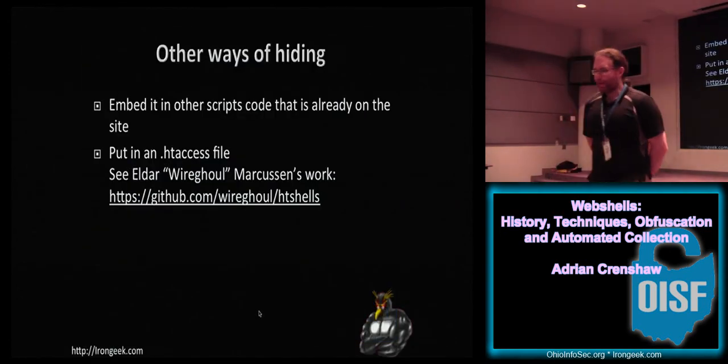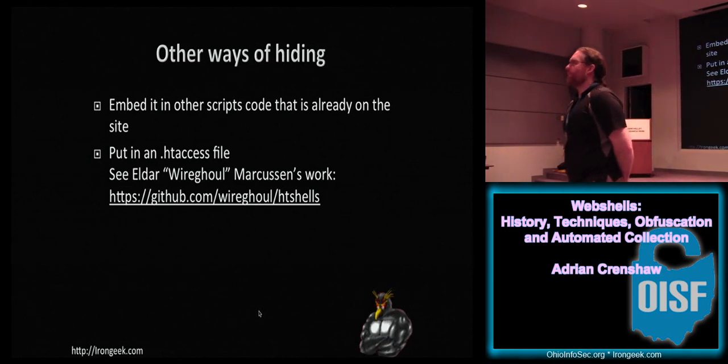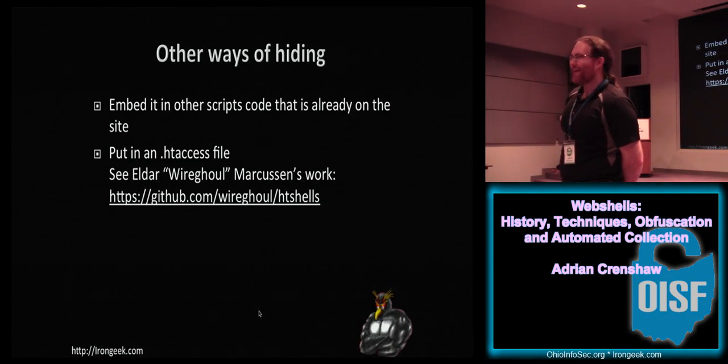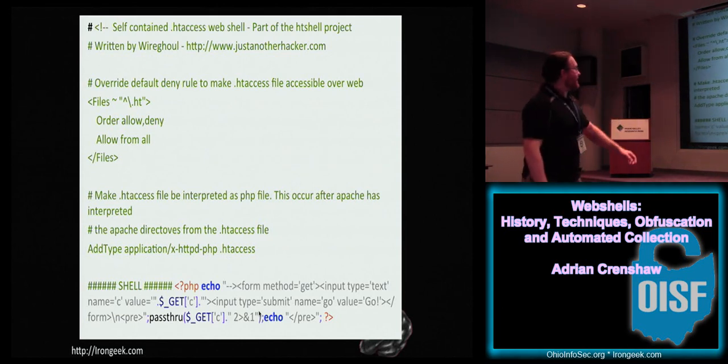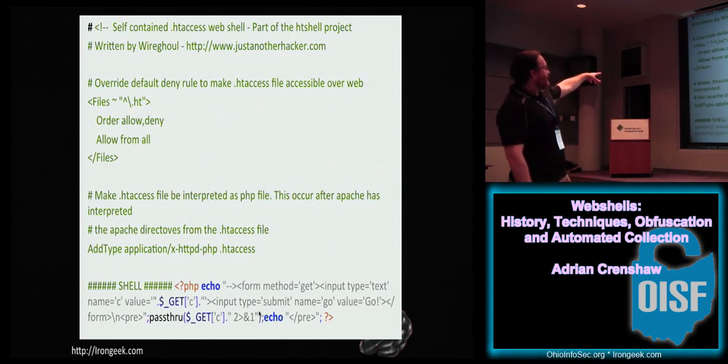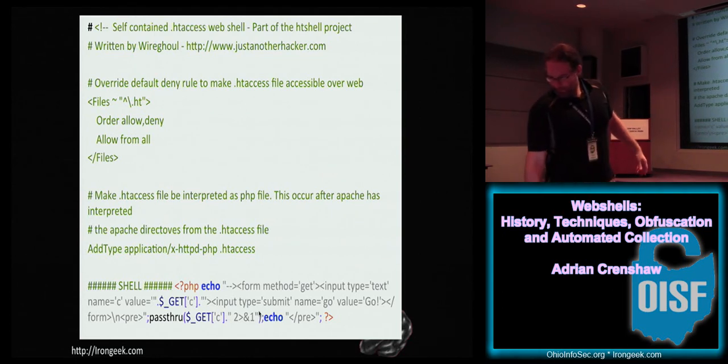A guy who goes by the handle WildGhoul found a way to add PHP code into a .htaccess file, and by doing that, people don't look at the .htaccess files, so they don't look for shells in those, and it's another obfuscated way of getting a shell out there. In this one, you see in the .htaccess file itself, people aren't allowed to directly access it, but it's also told via the .htaccess file that depending on how it's accessed, it's also a PHP file and to execute it. So you can hide PHP web shells inside of